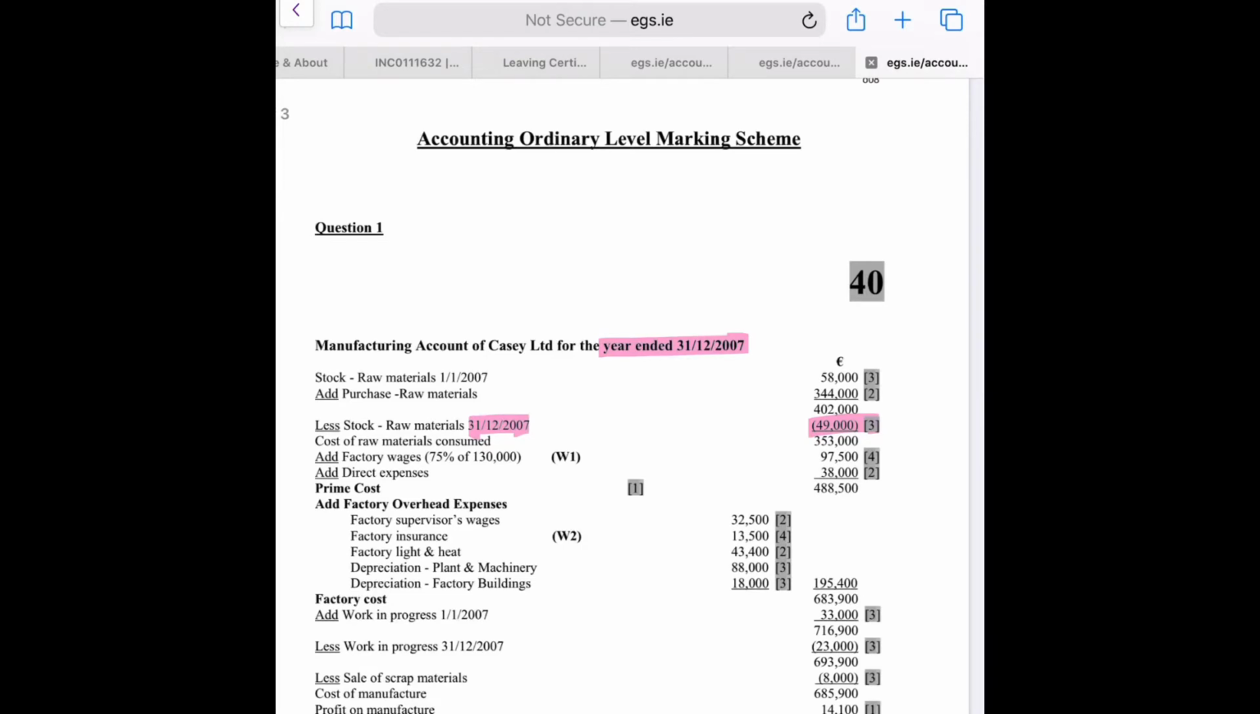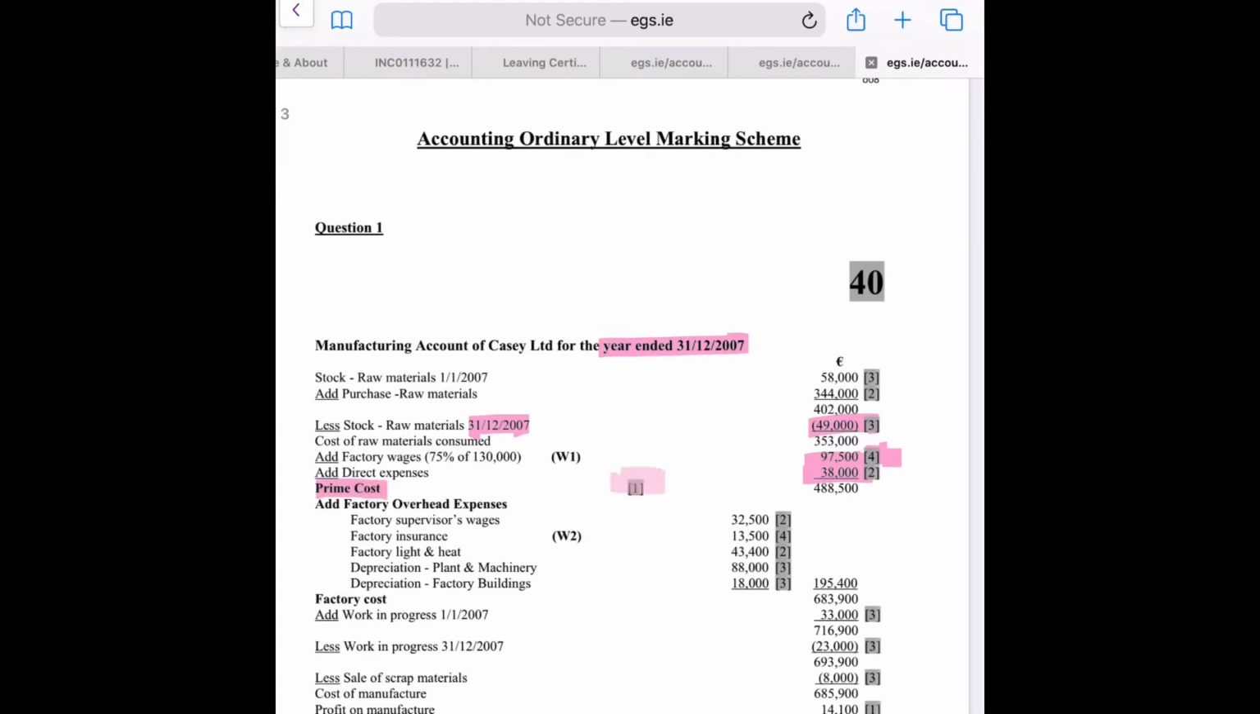Then you have to add your direct costs. So you can put a little heading in there saying direct costs. And you've got your factory wages, which is coming from the adjustment where we split the wages 75% and 25%. So 75% is your 97,500, which we had in the workings. Then we've our direct expenses coming straight from the trial balance of 38,000. So you can see there, because of the working, you get an extra 2 marks. So you've got 4 marks here, whereas you only have 2 for the direct expenses because you didn't do any work for that. So you're adding your 353,000 and then your 2 direct costs to give you what's called your